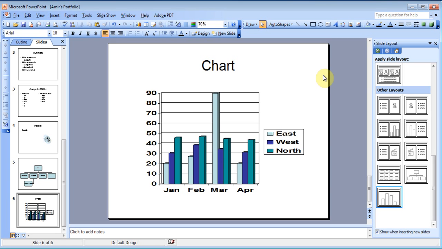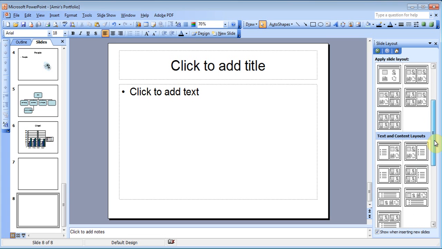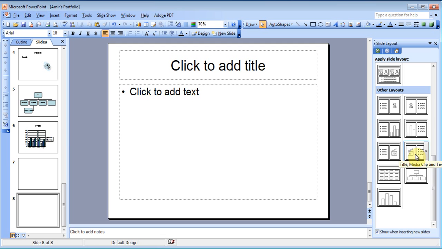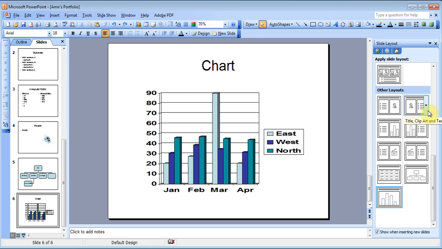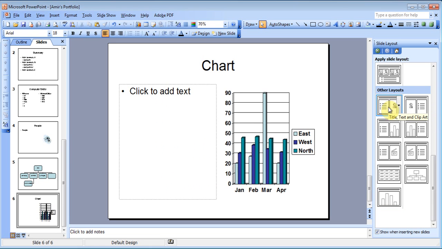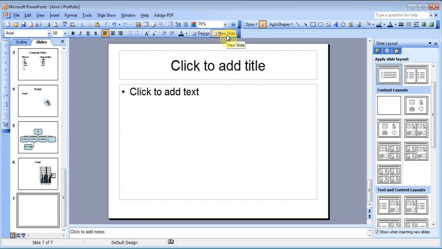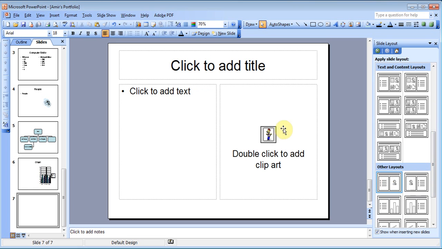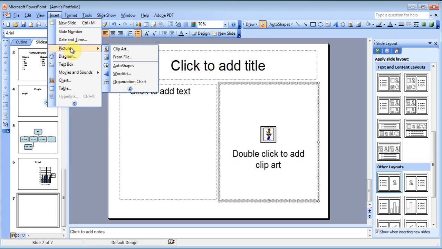And the same way we can have new design, new slide, and choose something where I can add a picture on the side. So let's see if I can find that one. There's also an option to add a movie and stuff like that. You can play around with that. Where is one? Alright, so I'll go ahead and pick this one again, and say up here I need to hit new design, new slide again, and then choose the one where I can have a picture on the side. And I'm going to click here, and I'm going to go to insert picture from file,